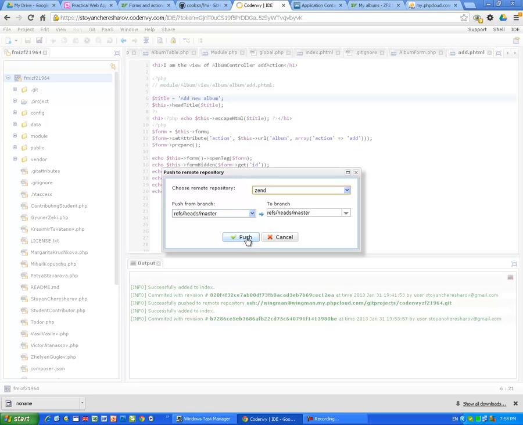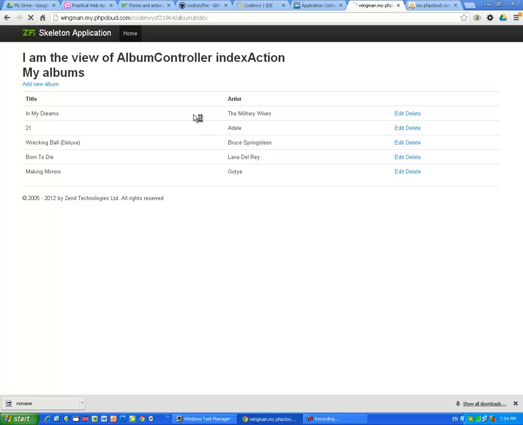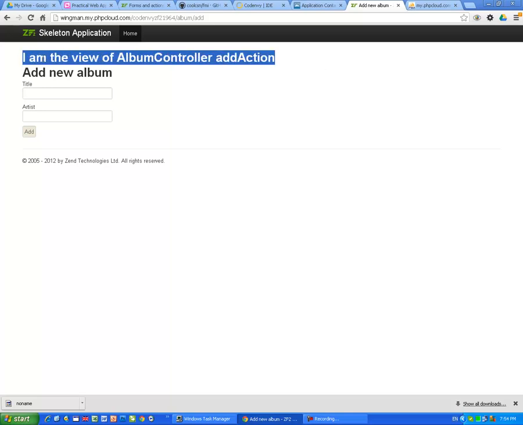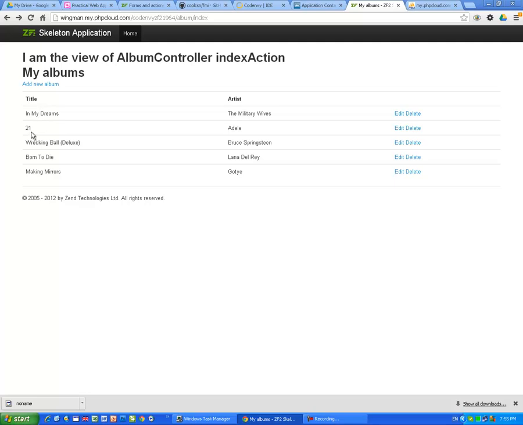Okay, so let's refresh. It's not necessary. Add new album. Yep, it works. As you can see, our custom text, which customizes even the tutorial. Here we can add title, artist, and hit add. This should add a new album. Let's try, for example, first let me go back and show the albums. How many do we have? 1, 2, 3, 4, 5. Now we'll add the sixth, which will say